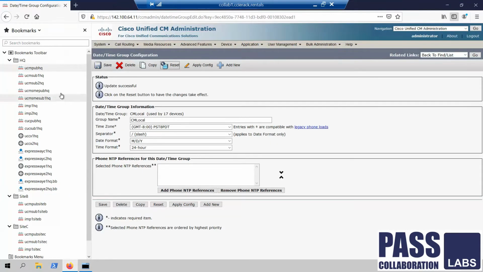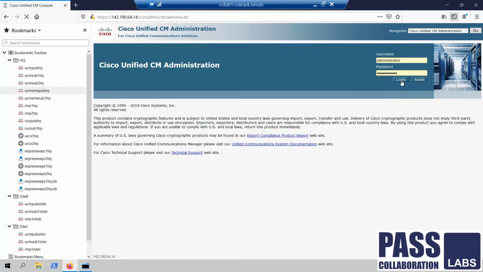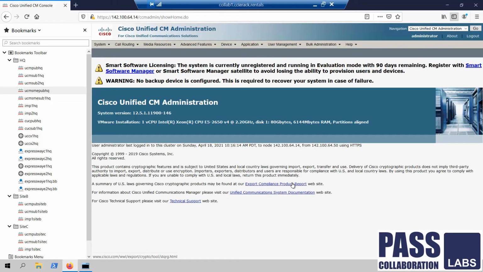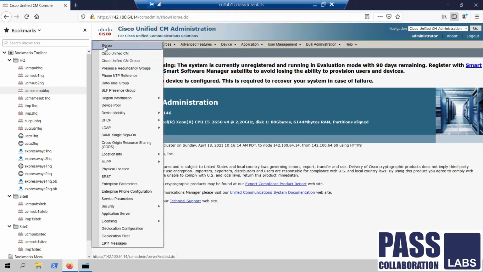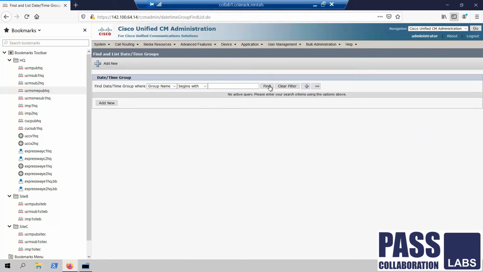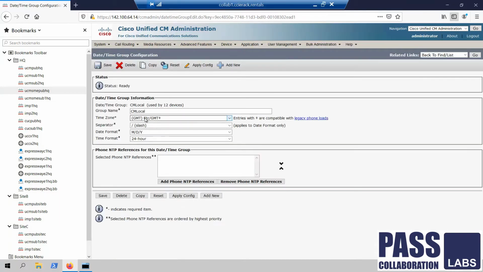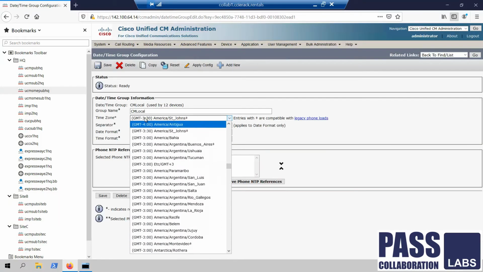Now we'll perform the same steps on HQ SME. We'll start with clock configuration. Since SME is also part of your HQ cluster, even this would be PST8 PDT.